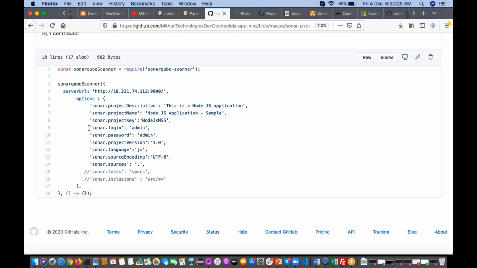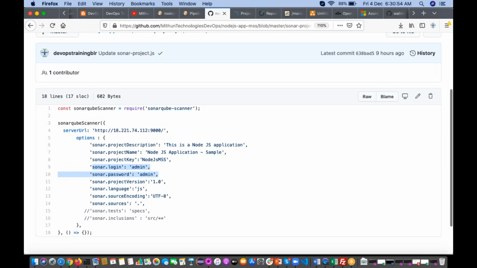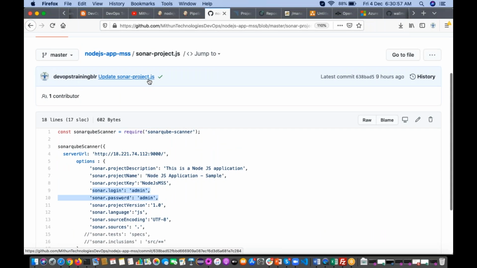I'm not going to explain how to generate the token. If you generate the token, just use sonar.login, and instead of admin, give the token. This is not the best practice, guys. You should give the token, you should not use the username and password. So like this, you configure your SonarQube server details in the sonar-project.js file.